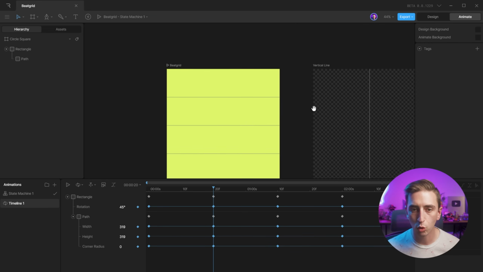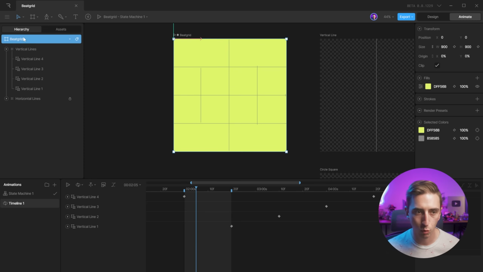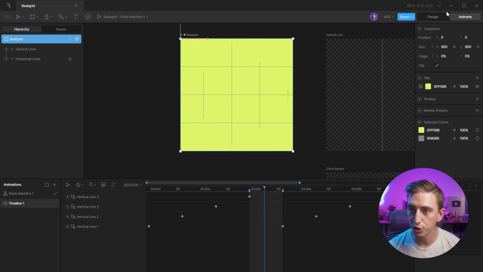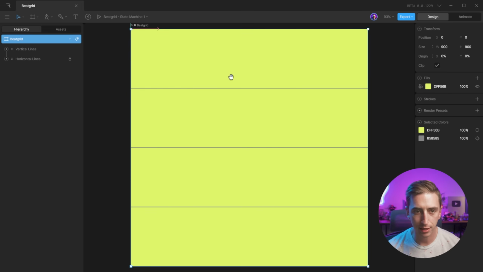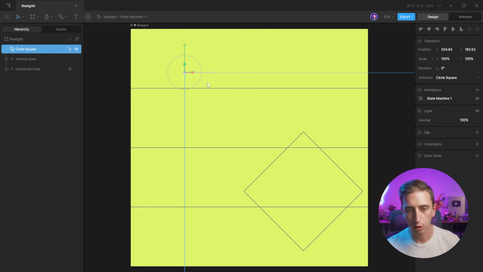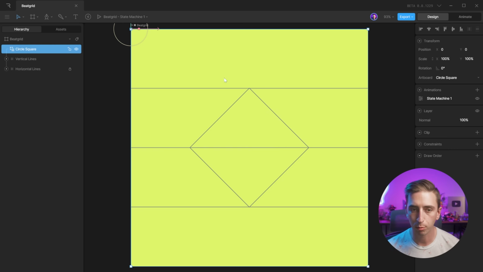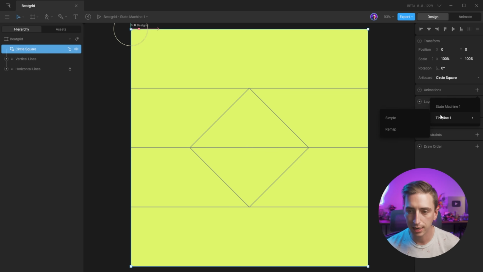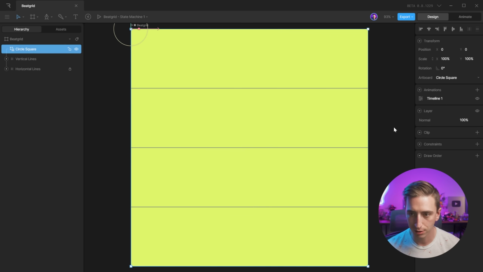Now we need to get that into our main artboard the exact same way that we did with the vertical lines. So let's jump back to our design mode, make this bigger, and we're going to do the exact same process as before. Go to our component tool, click once, and now we have the option of either of our other artboards. I'll choose circle square, move it to the top left corner, and we can get rid of the state machine animations. I'm just going to right click and delete it, add the timeline 1 remap option, and we're going